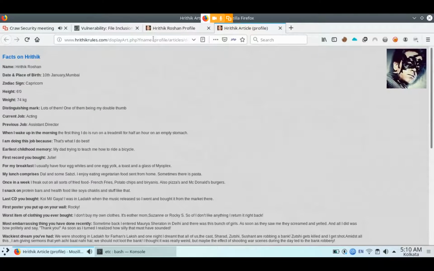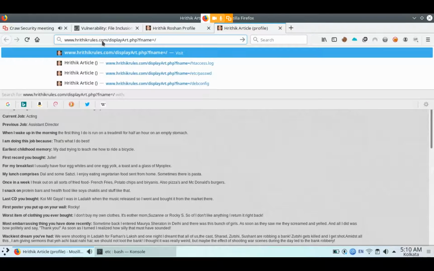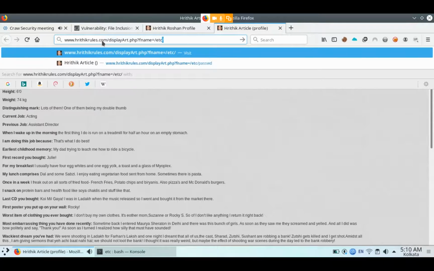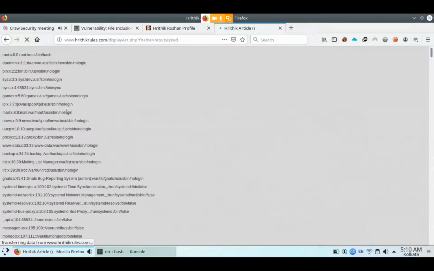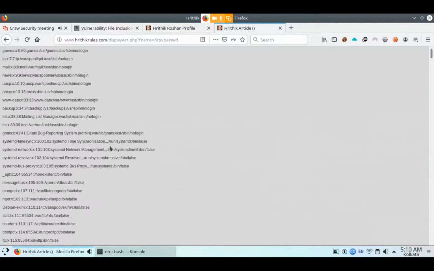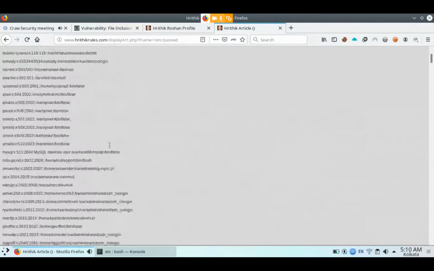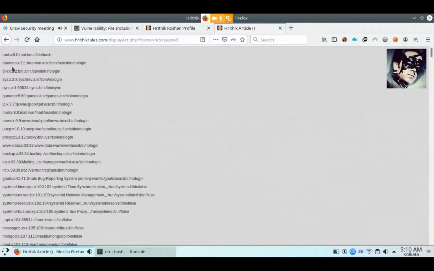Then you can find this parameter, question mark fname equals, question mark page equals. Then you type here /etc/passwd, and you will be able to find all the password file of this website. So this website is also vulnerable through LFI attack.